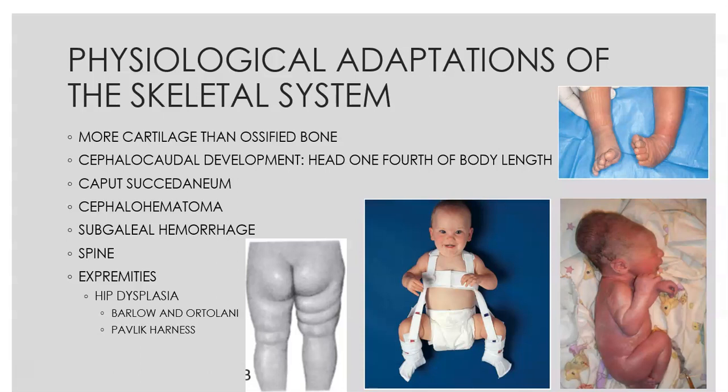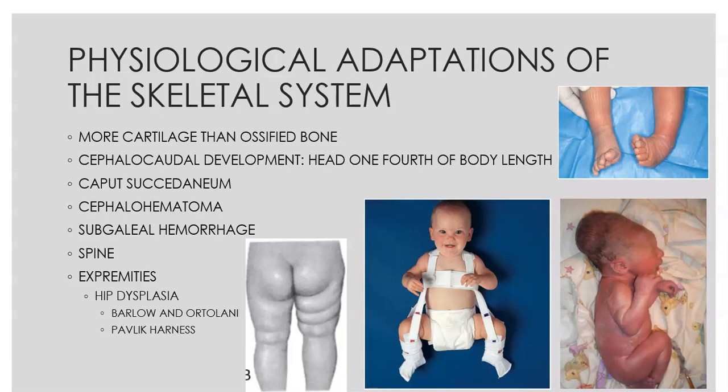So some other symptoms you may see besides the Barlow and Ortolani maneuver, the picture on the bottom left is showing those asymmetrical gluteal folds. When you look at their buttocks, the folds are different, or they might have their leg or their femur higher up on that side. In this child's case, as you're looking at that, it would be the child's right side that's affected. They have the extra gluteal folds. You see the knee on that side is a little bit higher, indicating the femur is up a little bit higher. So those can be signs of that as well, even without the Ortolani maneuver.